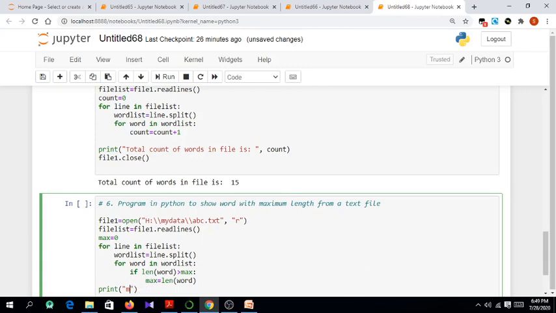Okay, the program is not to find out the maximum length, this is to find out the word having maximum length. So suppose I have a word, what name shall I give, suppose w1.